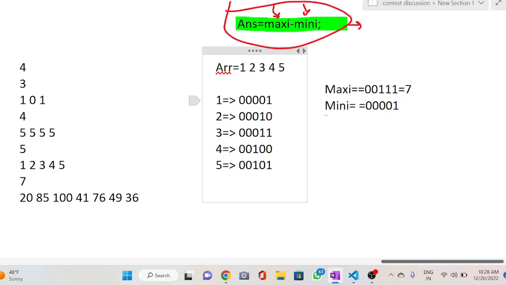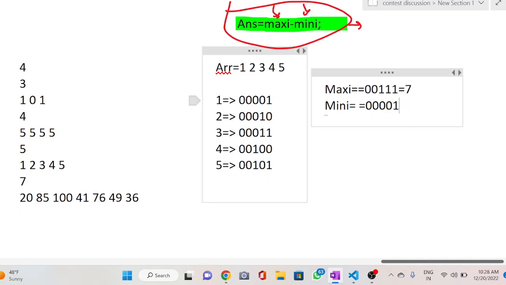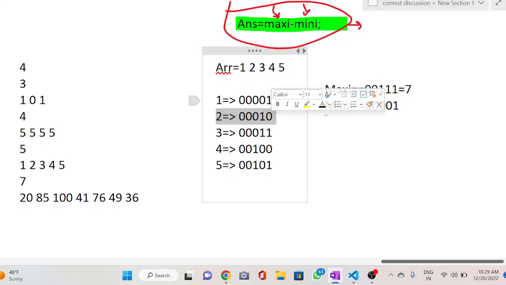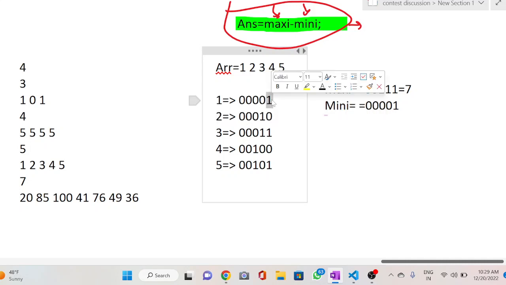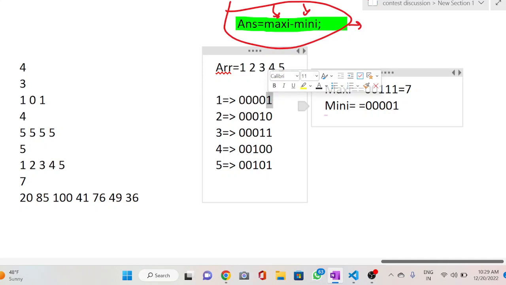Now you want to minimize this number, so how can you minimize? You can see if you convert this 1 into 0, this number will get minimized. So now we choose an element which contains 0 at this position. You can see this number contains 0 at this position, so you will swap these two bits, and this 1 will convert into 0.